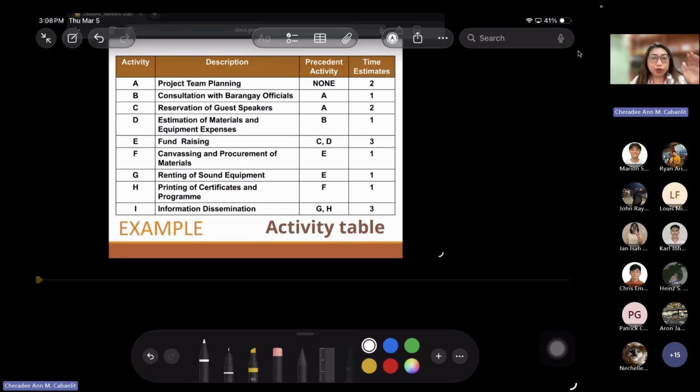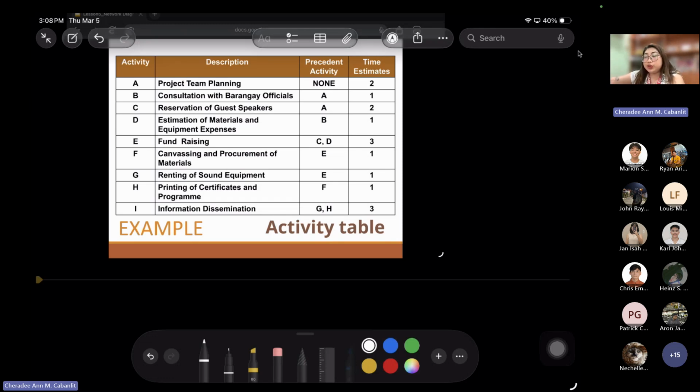So what you're going to do in writing an activity table is you start with your activity code. Usually we use the alphabet in order so that we know which activities will fall after the other. Then you will describe each of the activities. After that, you will have a precedent activity. When we say precedent activity, that is the activity to be done first before proceeding to the next activity. It's like a prerequisite, in terms of, let's say, your prospectus or your curriculum. And then, of course, your time estimates. We will assume that the time estimates for this example are in days.